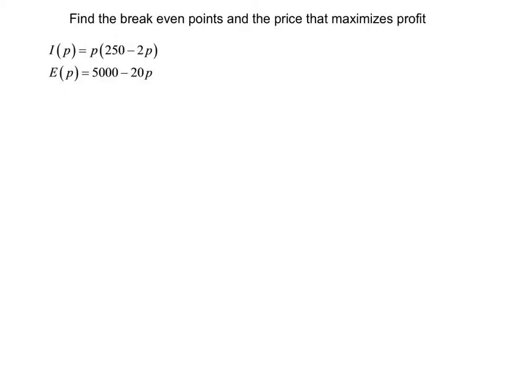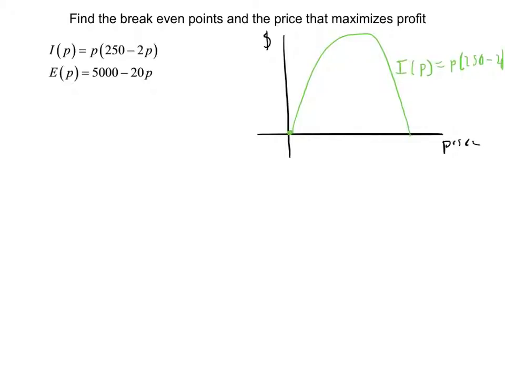Hello there. We have an income expense profit problem. Profit equals income minus expenses. We have our two functions for income and expenses, so I'm going to do a rough sketch of this information over here. There is the parabola for the income equation, and then my expense one is going to be